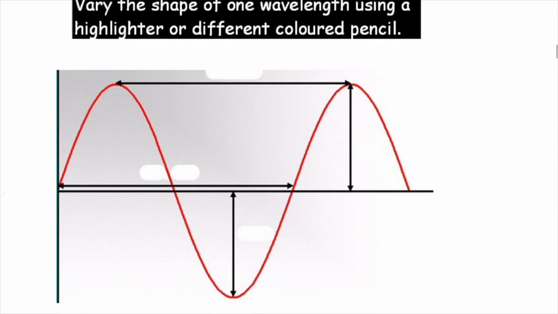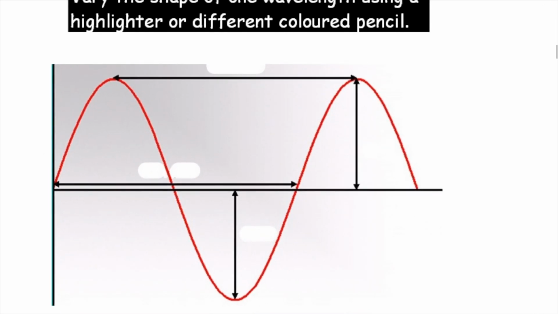So the first diagram here, there are 4 arrows, 2 going horizontally and 2 vertically. Let's highlight those first. So the 2 then that are shown horizontally show the wavelength. So let's label that wavelength, and the symbol we use is a Greek letter lambda,